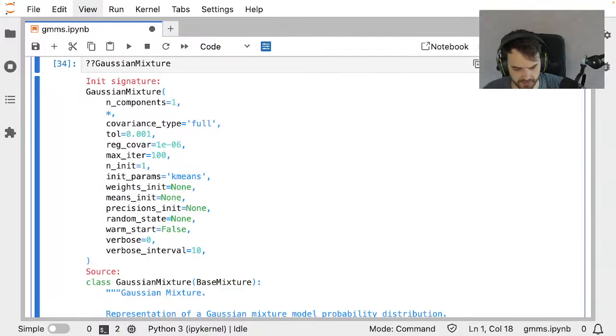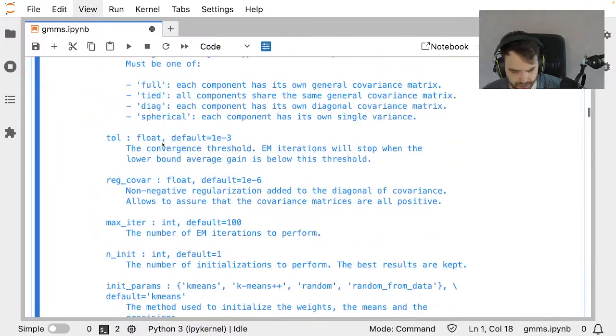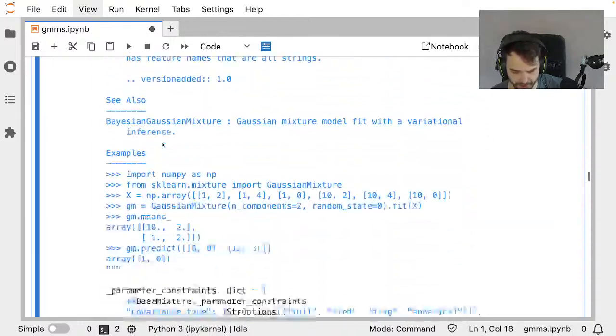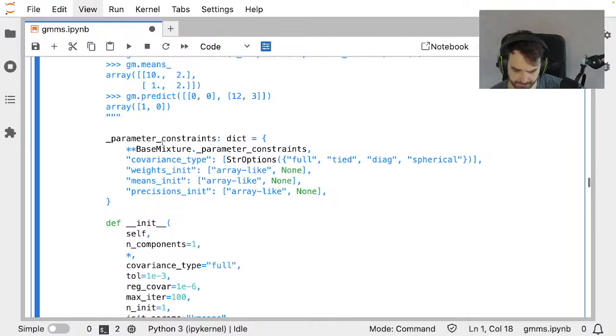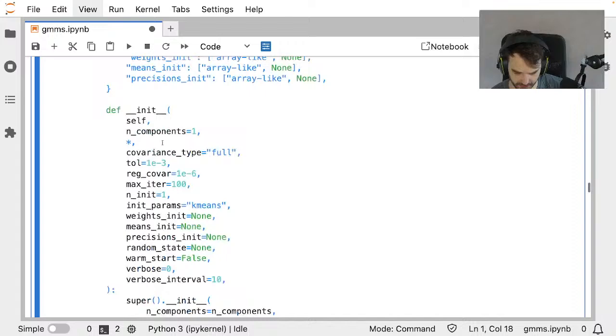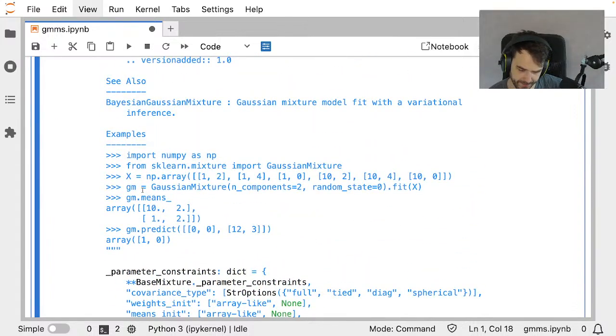But if we have a look at the docs of the Gaussian mixture, we can see that all of these parameters just go in. But if we have a look at the methods that it has available, I can fit it. But when I predict, what I'm effectively predicting, if I recall correctly, is which Gaussian the data point belongs to. So the predicting that we're doing here has nothing to do with an actual label. That's an important distinction to make here.